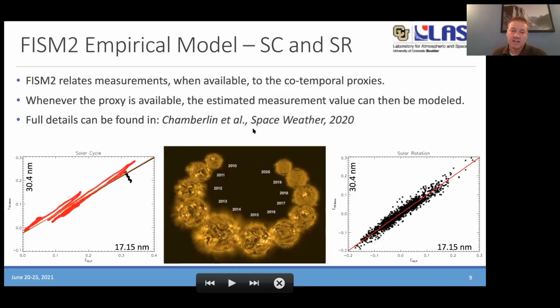So this is kind of a quick example. Once again, please see all the details in the space weather paper, where there are a lot more examples looking at many different emission lines and different emission scales. But this is just an example. You see in the middle the solar cycle. Marty mentioned this yesterday, many folks have mentioned this, and Bob mentioned it earlier today: the 11-year solar cycle and how the change in the UV irradiance happens.